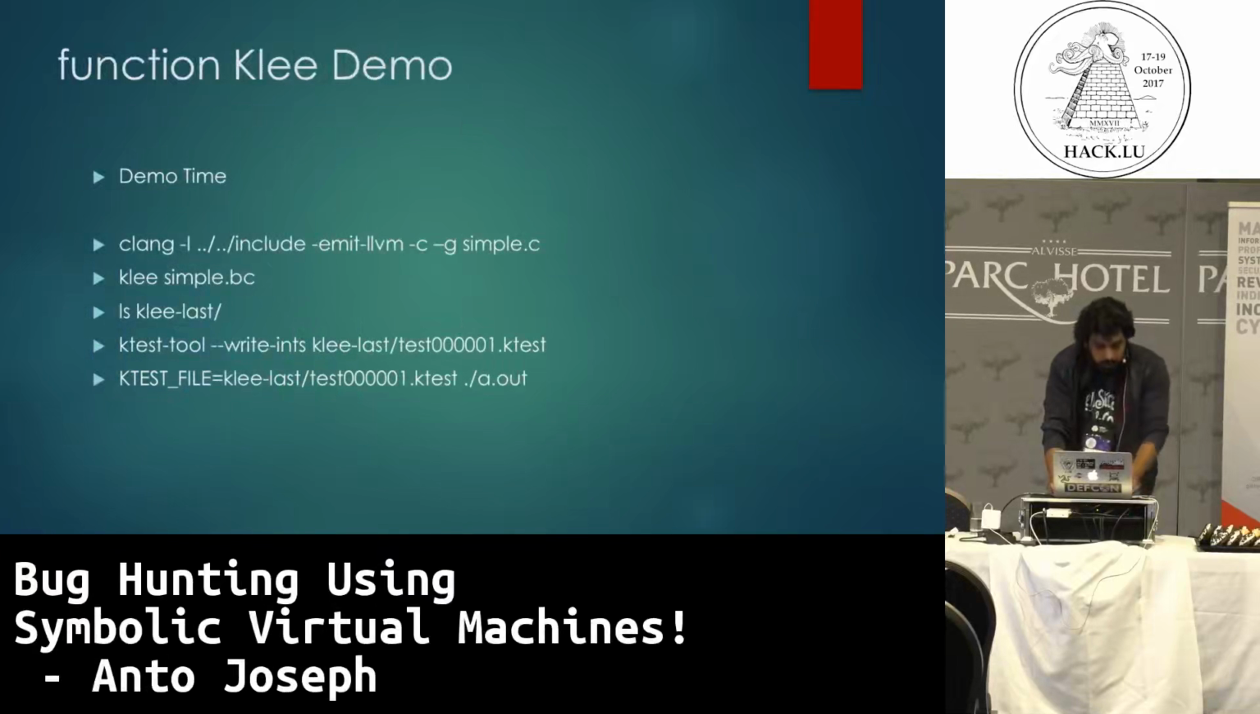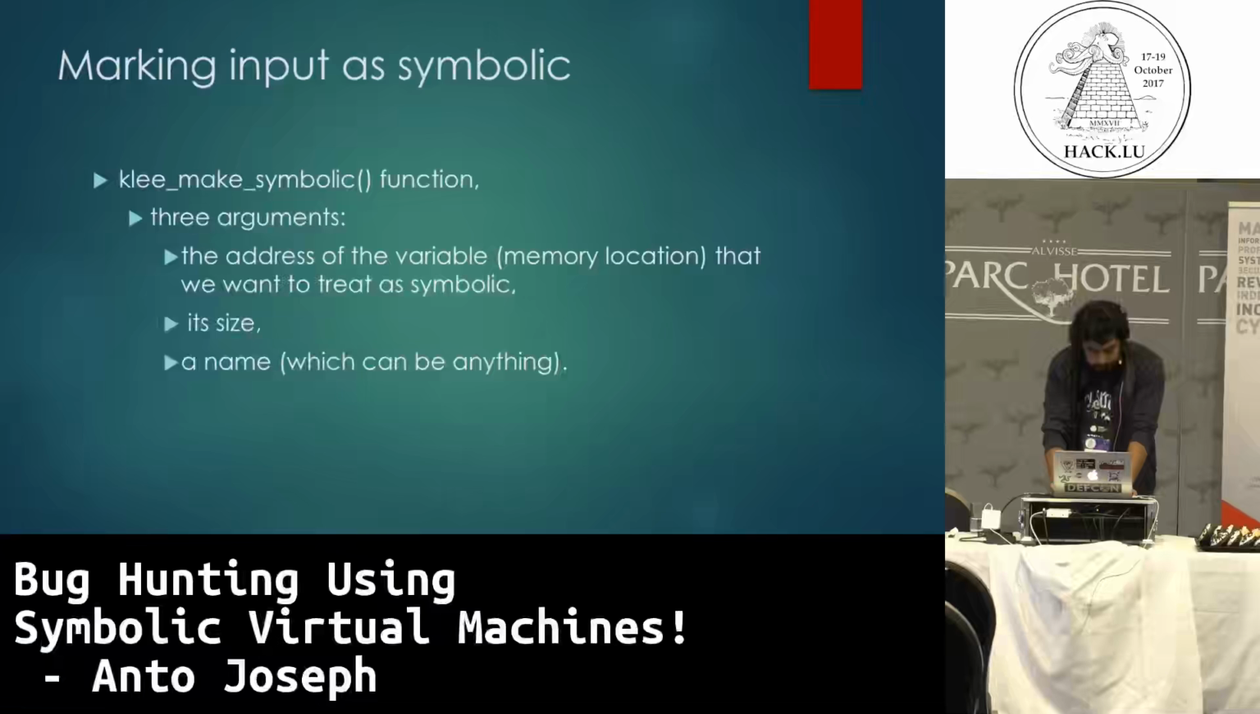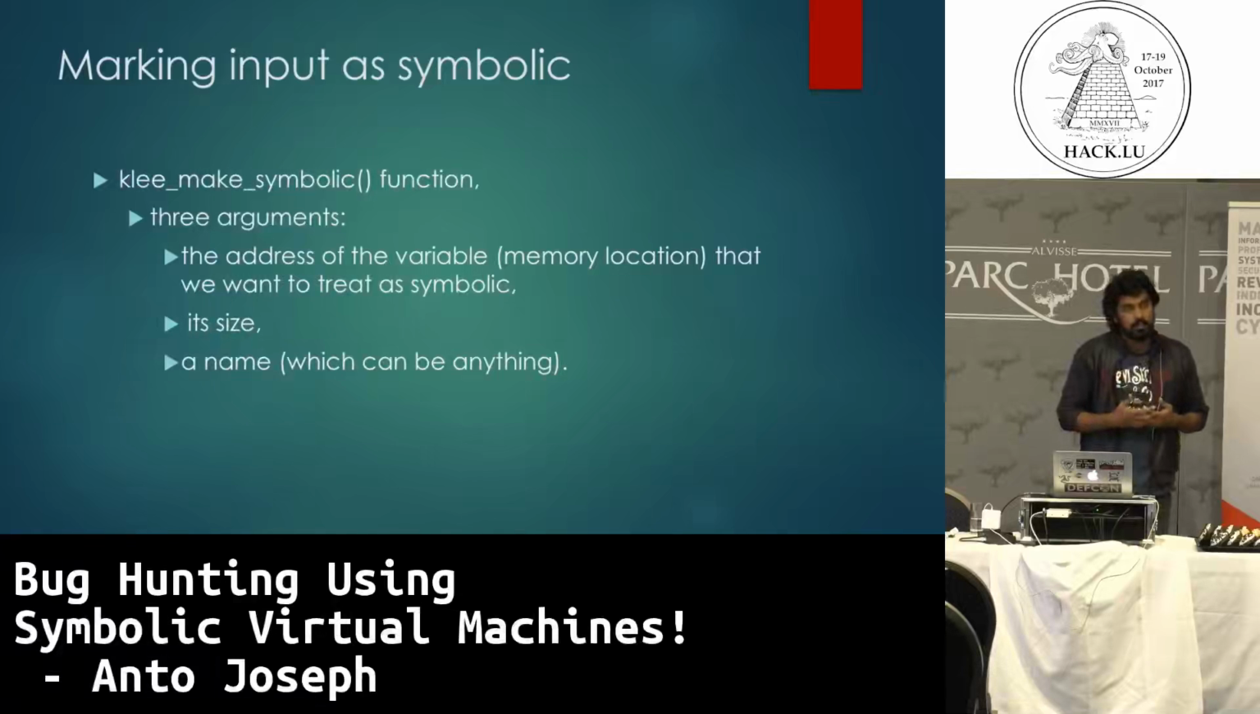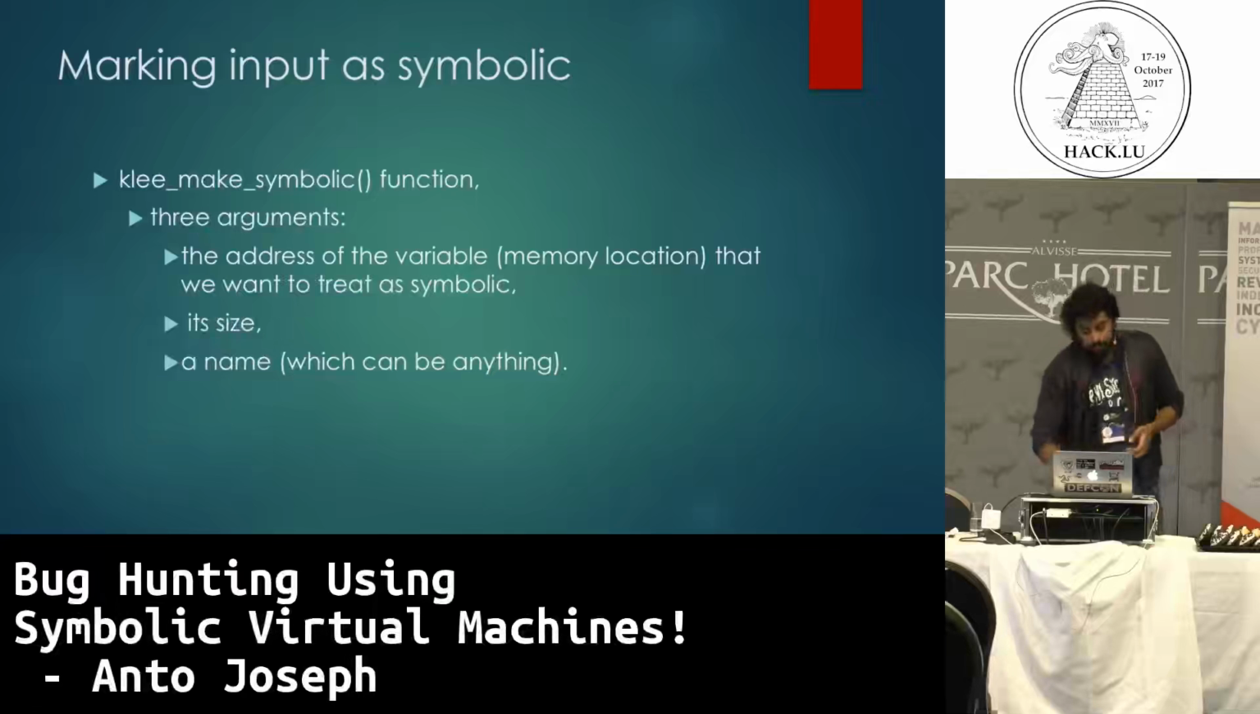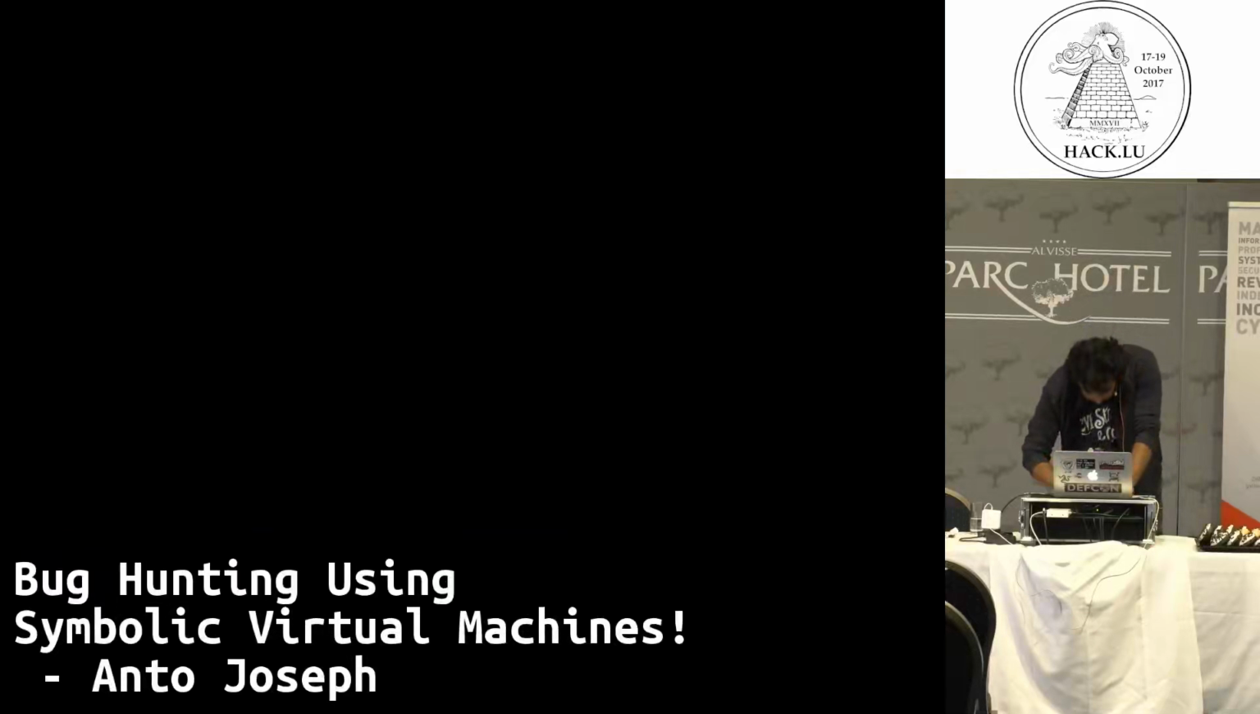All right, so this is what we basically did right now. We compiled a simple C program and generated inputs for that particular program, which exercise all the branches. And how did the Cleat program know that this is the specific variable that has to be made symbolic? So if you look at the source code,